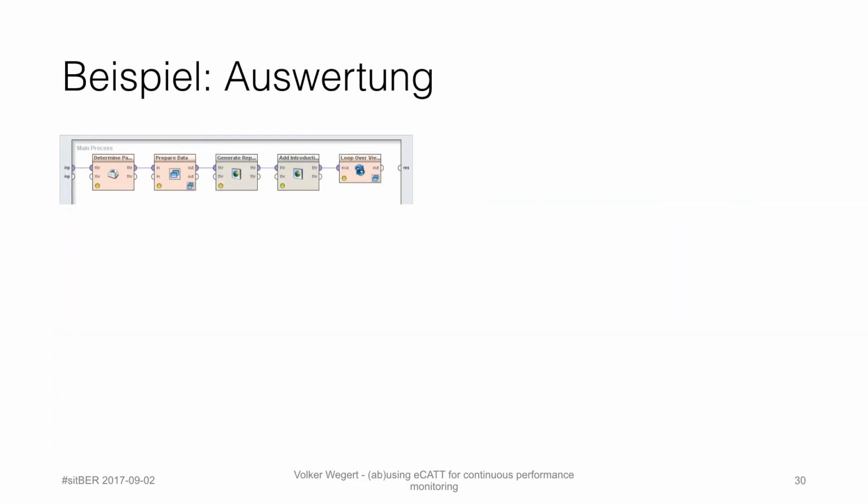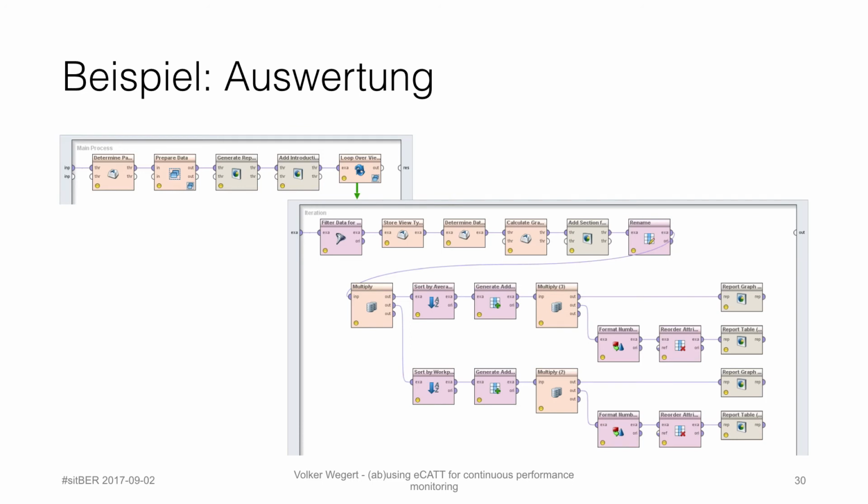This is one of the report generating processes. I won't go too much into the details here. It basically opens a report based on a custom template, adds a fixed text information, and then iterates through all view types measured and adds a section header for the view type. Below that, two sets of graph and table are added, with the first one being sorted by runtime, the second